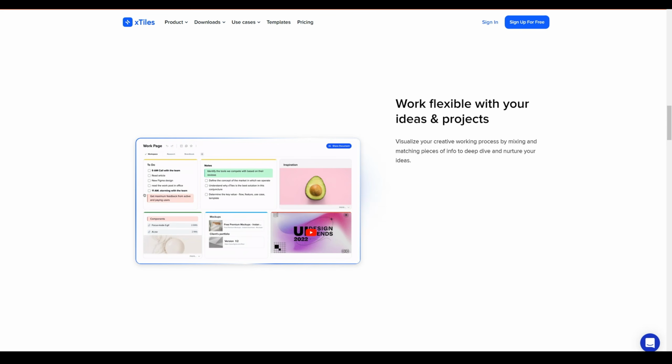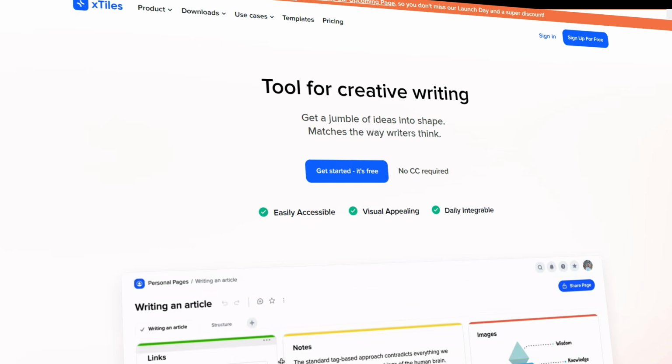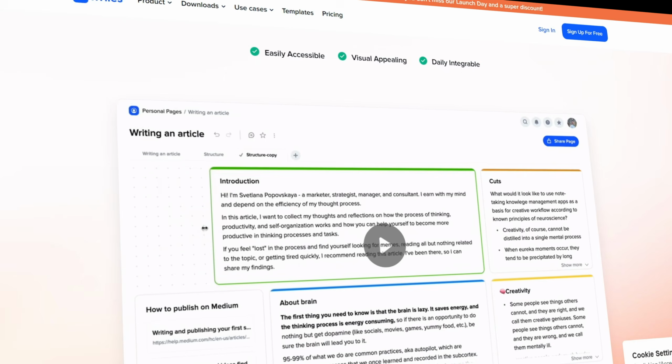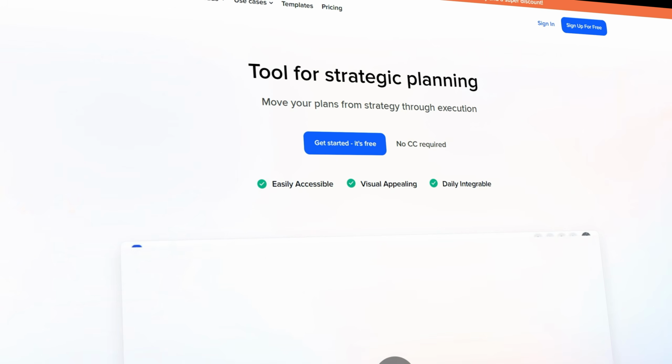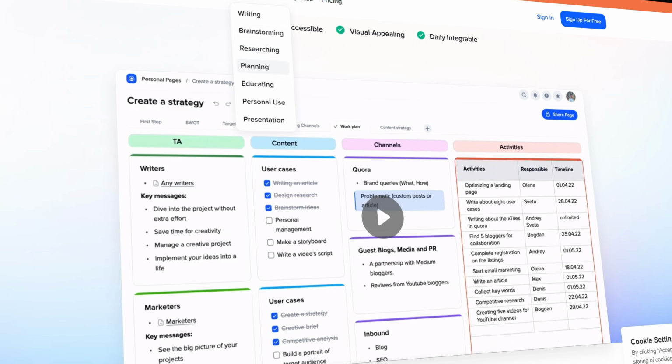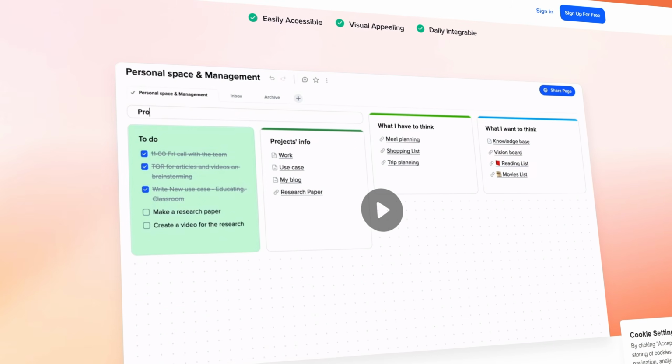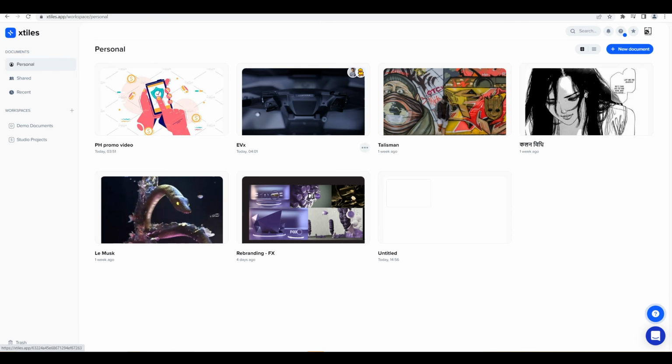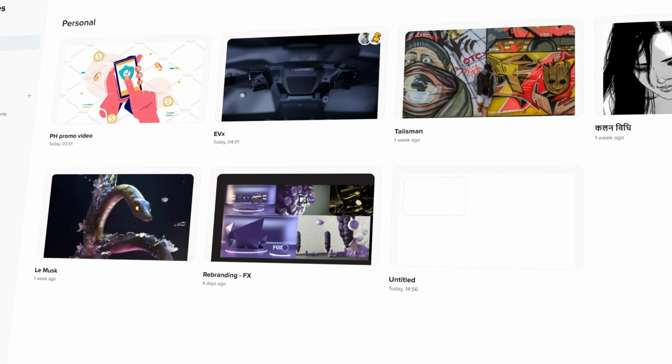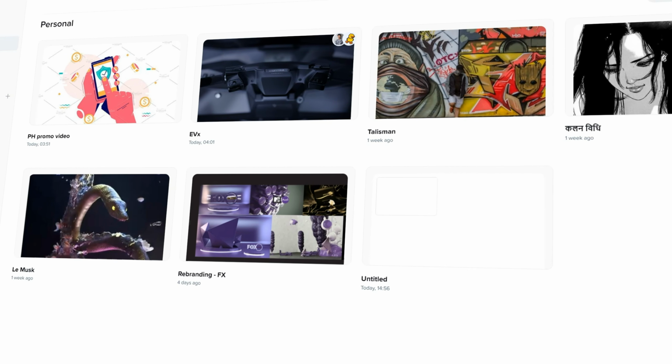Before I start sharing the project boards and give you more details, let me give you a 1-minute rundown of what's happening on the screen when you open xTiles for the first time. You can visit the official website xtiles.app and sign up for free. Once you land on your dashboard, this is what you see. Here you can see a few projects already lined up as I have used it on a few